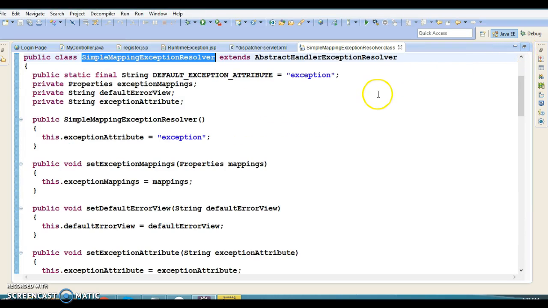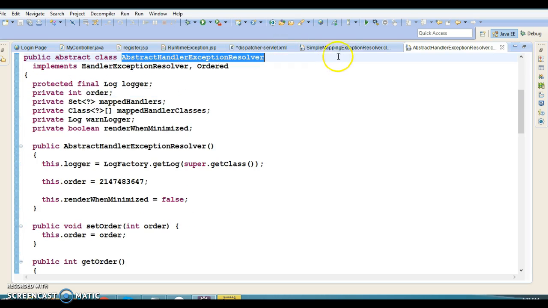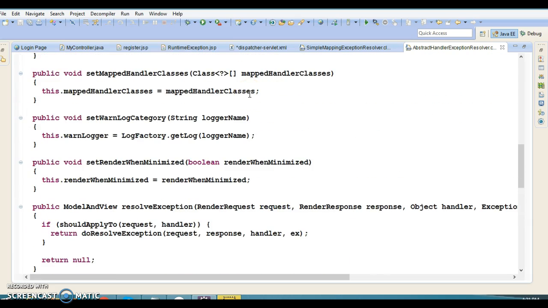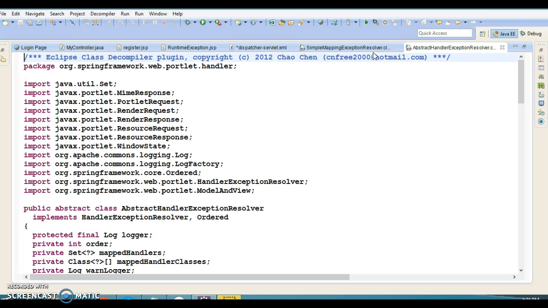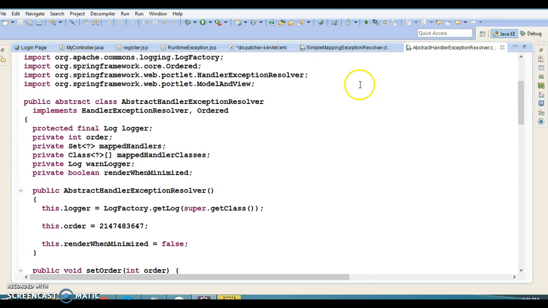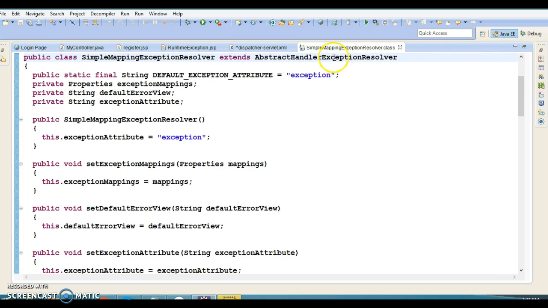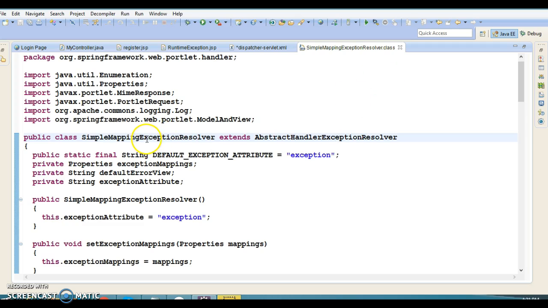You can see this class basically extends abstract handler exception resolver, which is an abstract class, and this class finally implements an interface called handler exception resolver. So basically either you can implement this interface directly, or you can directly configure this bean,